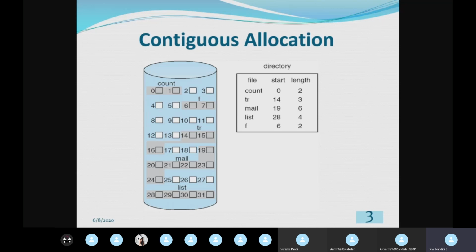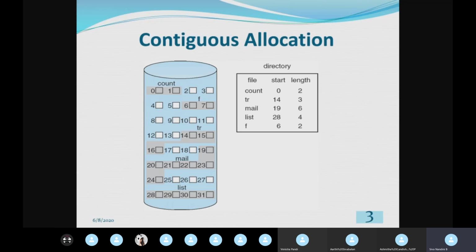Continuous means all those files in this contiguous allocation will be allocated in contiguous logical blocks. It is not scattered, it is continuous. We only mention the starting block as well as the length.